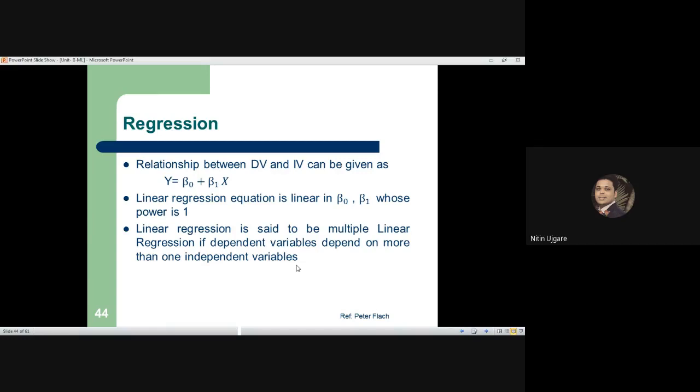In this equation, you can see we have mathematically represented the linear regression equation where y = beta0 + beta1*x. So what are beta0 and beta1? Beta0 and beta1 are basically the constants or coefficients of our linear regression equation, where x is our independent variable, also called the input variable or regressor. Then y is our dependent variable, which is also called the output variable or response variable.